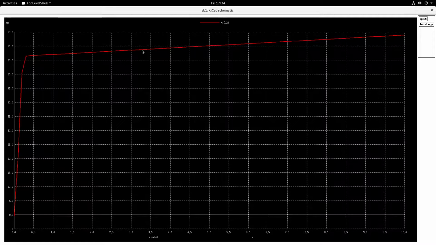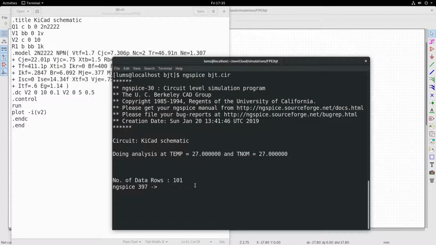I can expand it. It appears as though there is only one collector current here. We are not seeing enough resolution, basically because I think we have given a lower value of voltage. We have put 1 kilo ohm in the base, and a lower value. We can increase the voltage a bit.